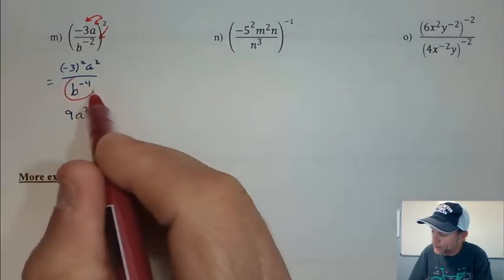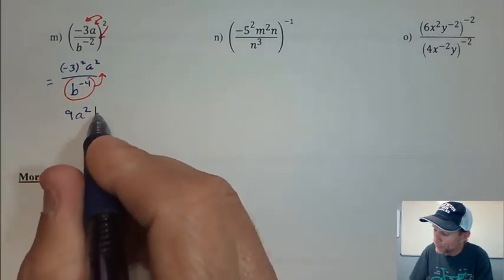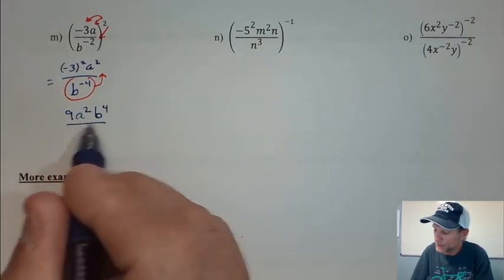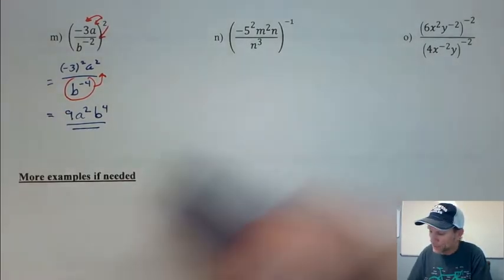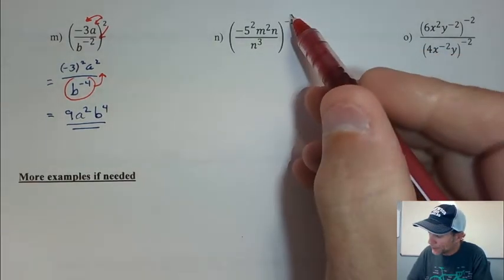It's going to go to the top of the fraction because of the negative exponent rule. And so we end up getting b to the 4th. And the only thing that'd be left on the bottom of the fraction would be a 1. So we can just end our answer right there. Okay. Now on this next one, there's a lot of different ways we can handle this, but there's one nice